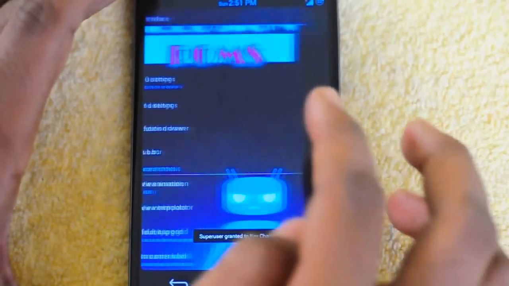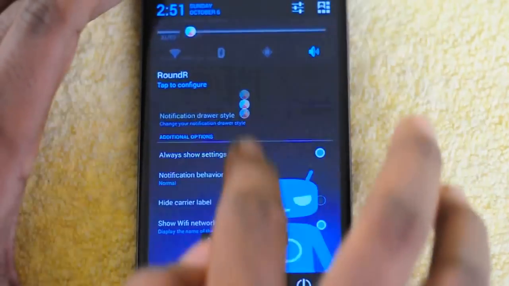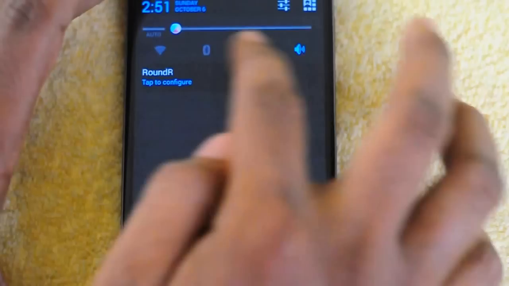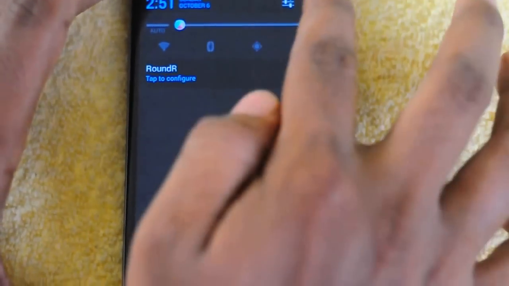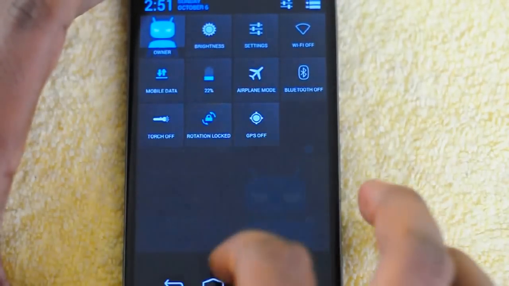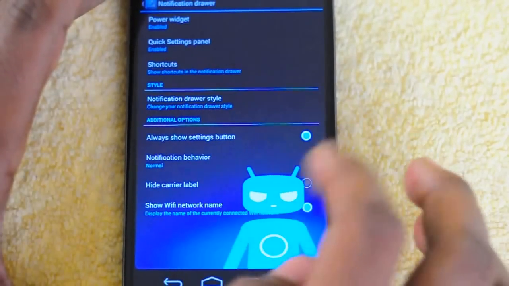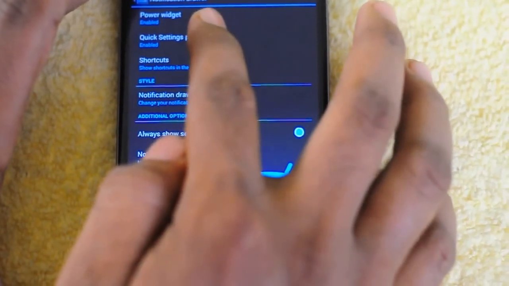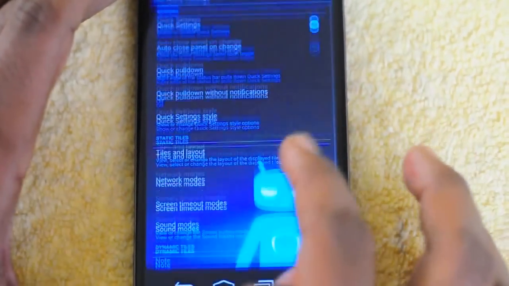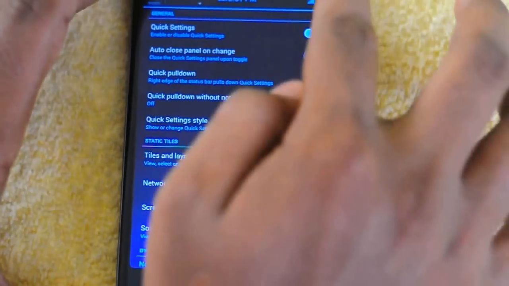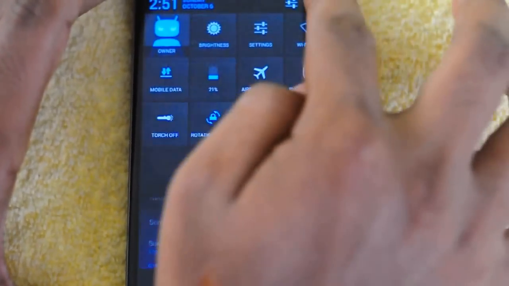Under the notification drawer, you have the power widget, which is a nice add-on, so you can keep your widgets right on your notification panel. You don't need to tap on this icon and go to the quick shortcuts menu. You have the quick settings panel where you can customize it, so you can add more tiles here.